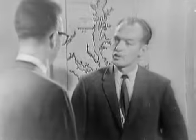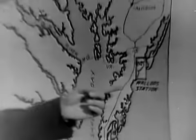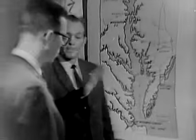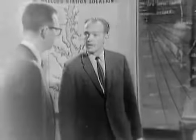However, during the launch operation, one of our major concerns is shipping in the area in front of us. Now, here is a local map of Wallops Station. It shows that we face on the broad Atlantic Ocean. We are some 150 miles south of Washington, D.C., and some 90 miles north of Norfolk, Virginia. Oh, I see. You fire out over the Atlantic, then? Yes. And these rockets actually land in the water? Right, and our impacts occur